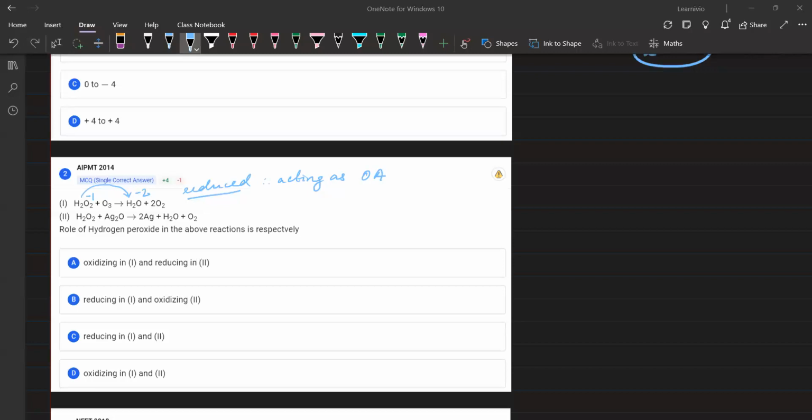Hydrogen peroxide is getting reduced, it will act as oxidizing agent. And in H2O2, that means you have to look at another species, O3. O3 में देखते हैं क्या हो रहा है. O3 is getting converted to O2. In O3 the oxidation state of oxygen is going to be what? Next to 0 होगा. लेकिन